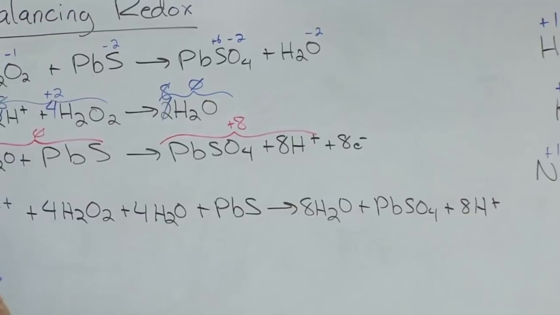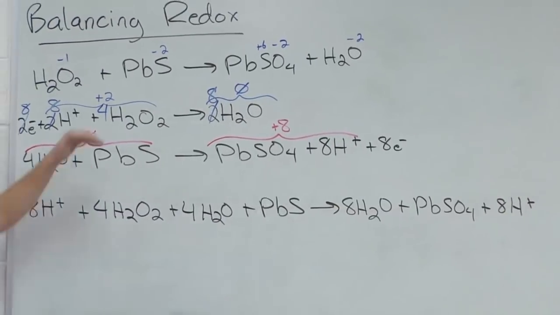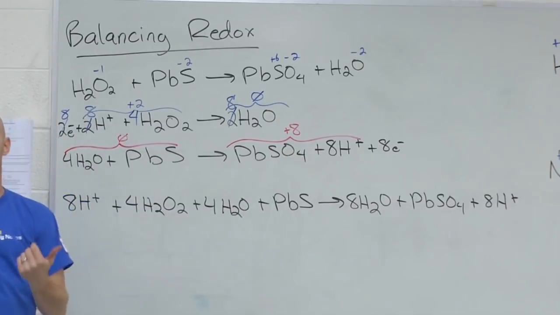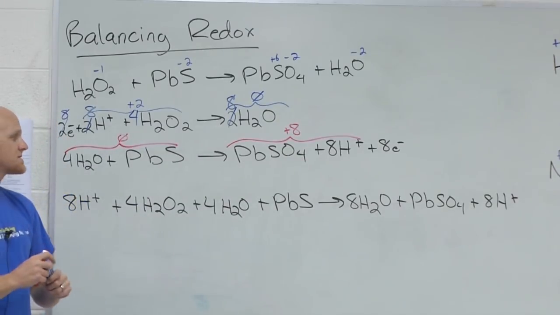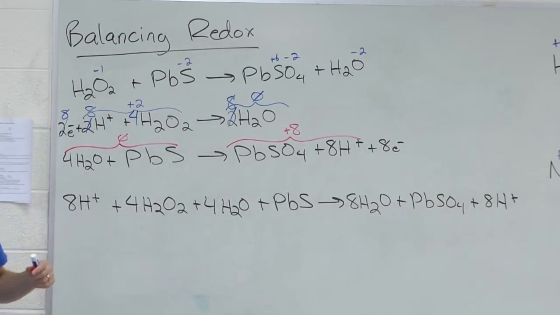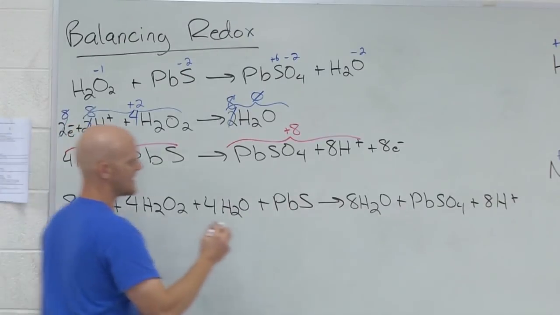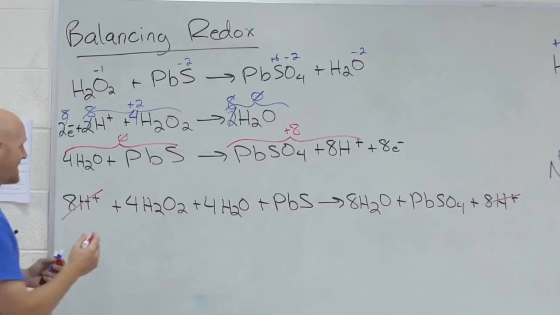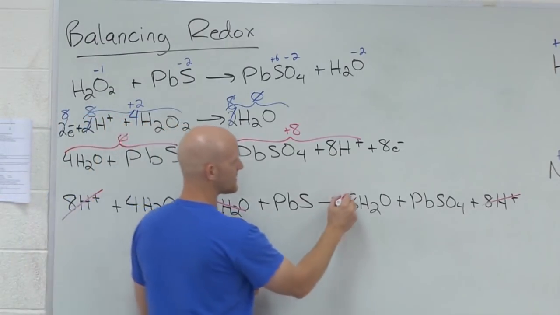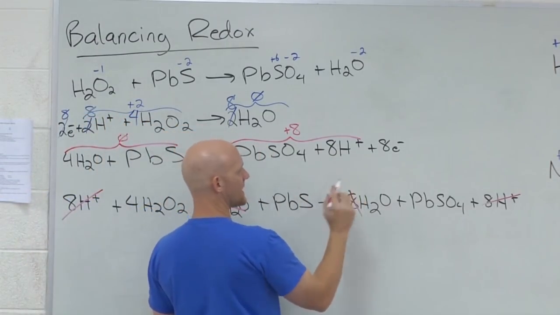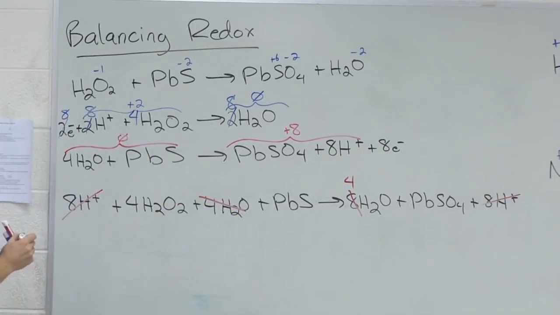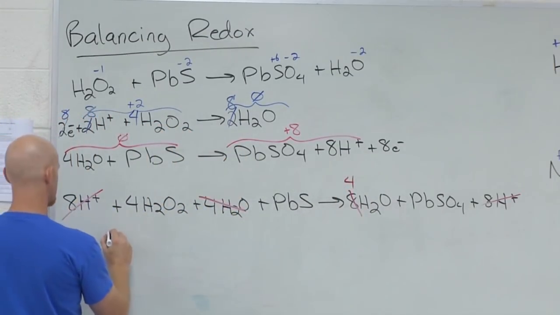Because H plus in water is used so often in a lot of half reactions, you have a fair chance you'll have some on both sides. You need to cancel out whatever's in common. So what do I need to cancel here? Yeah, 8 H pluses cancel out 8 H pluses. What else? Yeah, these 4 waters are going to cancel out 4 of the 8. So how many will I have left? 4. Cool. And so now our complete balanced reaction here